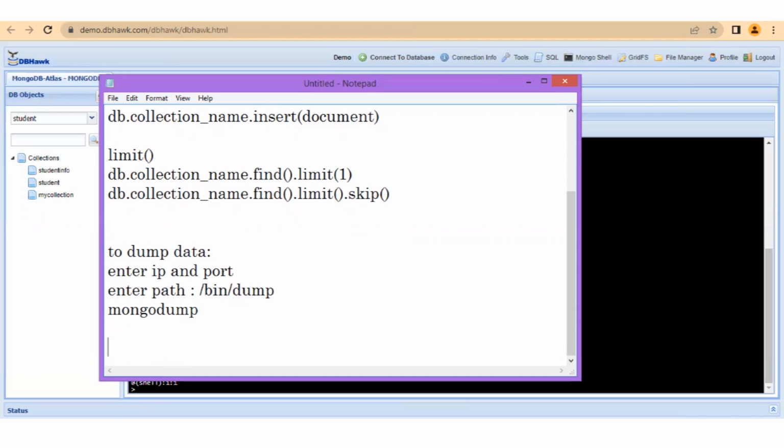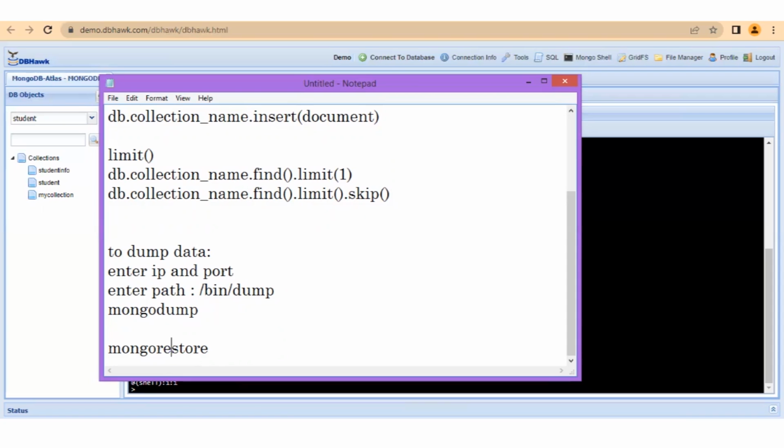Now, if you want to restore, suppose there is an earthquake or any kind of circumstance, and you want to restore the data from MongoDB. You are backing up the data from MongoDB, so we have the command mongorestore. From the mongorestore command, you will be able to restore your data. Sorry, mongorestore, not mongostore. It would be restore. With the help of mongorestore, you will be able to restore the data from